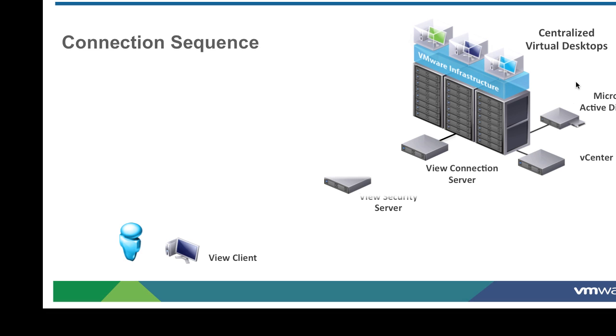The very first thing is to illustrate where a security server fits within the architecture. Over in the top right hand part of this slide you can see the VMware infrastructure. There's the virtual desktops sitting on vSphere, there's vCenter involved, there's Microsoft Active Directory involved, and at the front here there is View Connection Server. That's acting as the broker, interfacing to Virtual Center and Microsoft Active Directory to give users, illustrated in the bottom left hand corner here, access to the View environment, manages connections, manages authentication, other aspects of security and entitlements